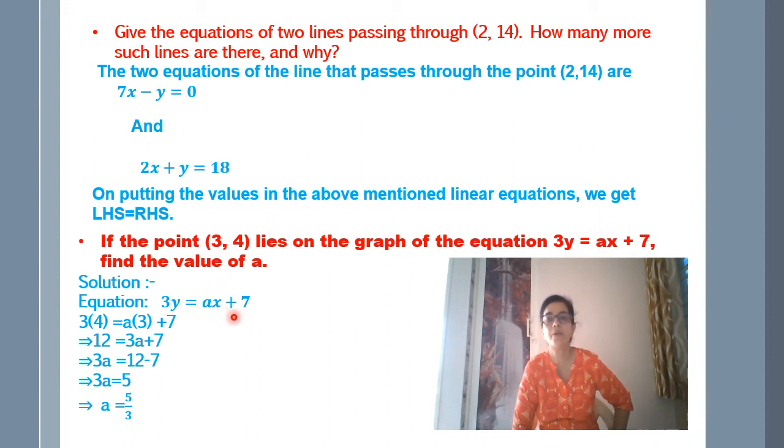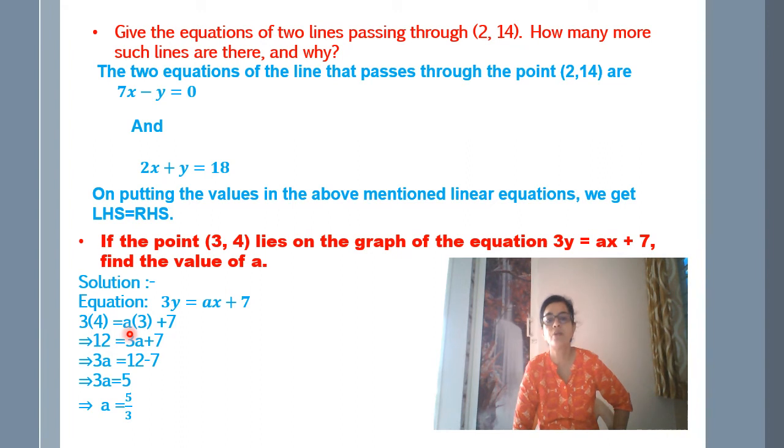Now in the second step, you have to replace x and y with the values given in the question as the coordinate. As you can see, the point has x coordinate 3 and y coordinate 4. So replace x and y with 3 and 4 respectively. So let us see 3y. In place of y, we are going to put 4. So 3 into 4, as you can see, I have put it in bracket, and then is equal to a should be as it is. A is not going to change because that is the value of a that we are going to find, as it is given in the question. So a is the term which doesn't change. It is the alphabet that should be kept as it is.